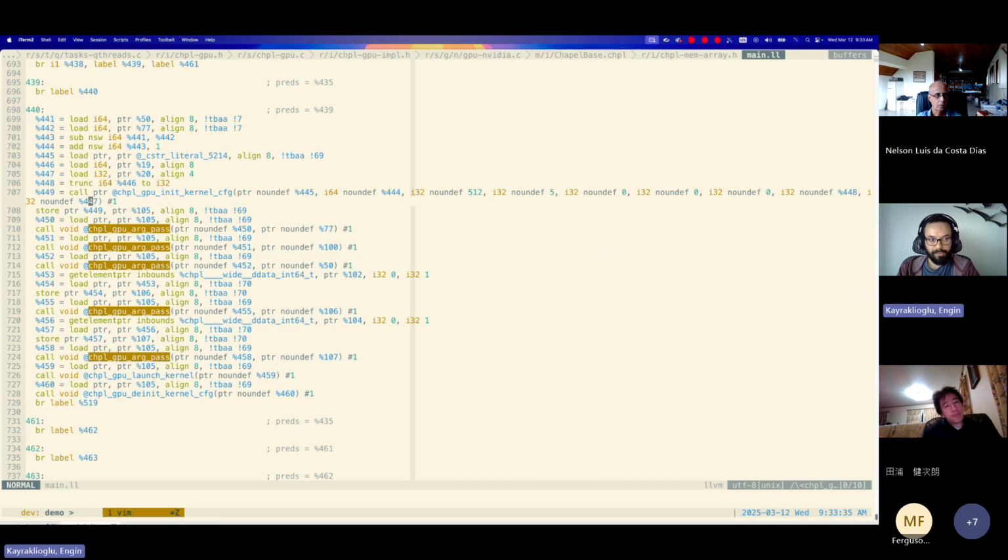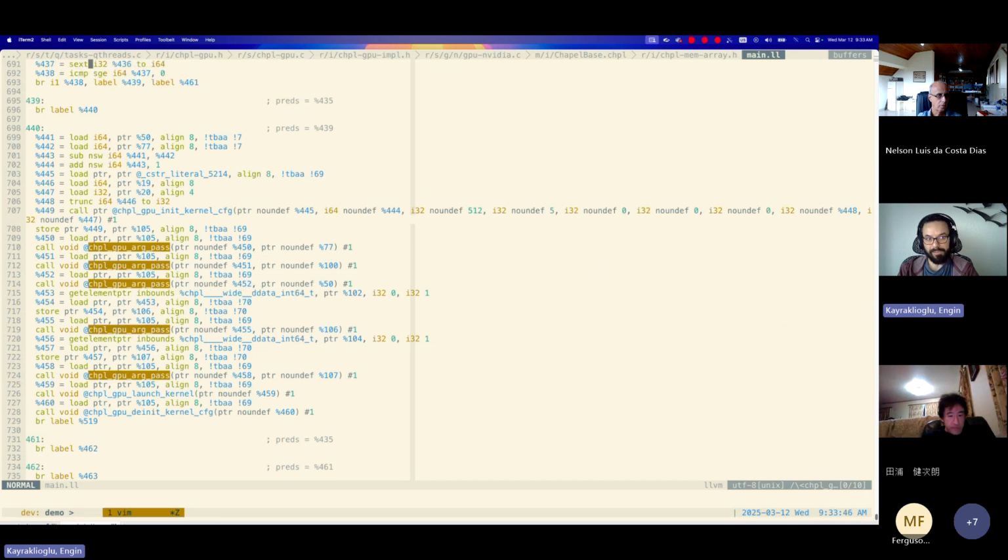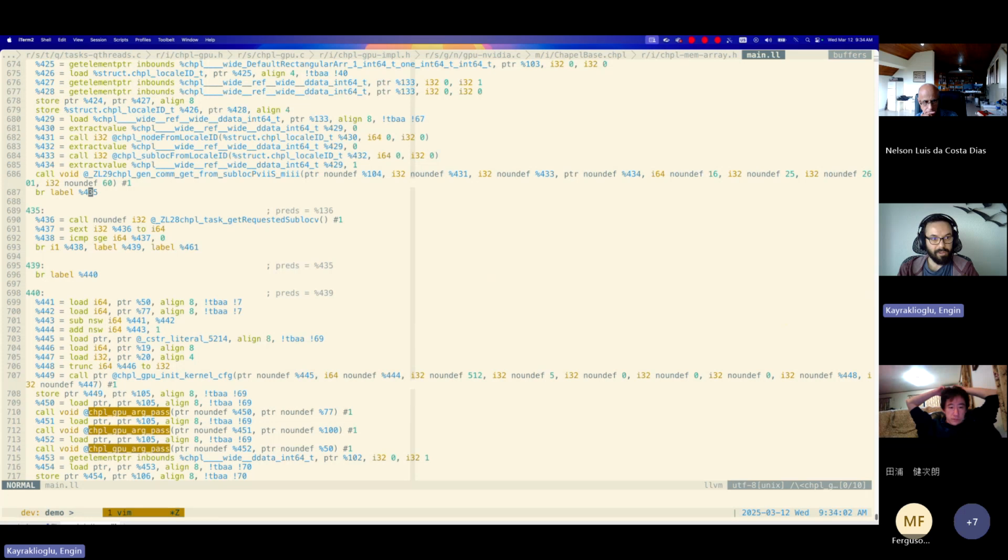Before I go look at the runtime side of things, I will also take a step back from this point and talk a little bit about what's happening before this part. Because remember, everything is decided dynamically. So we always check whether we are executing on a GPU sublocale or not. So a loop can execute as a loop if it's not executing on a GPU sublocale. And if you go up just a little bit, you can see a call to the function, it is a little bit mangled, but this is the function that we are familiar with so far, I'm hoping. So this is the function from the runtime that gives you the requested sublocale of a task. So what's happening here is we are just asking for that, and if we are executing on it, we execute